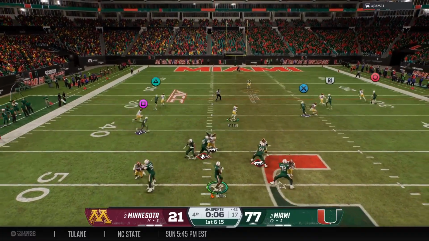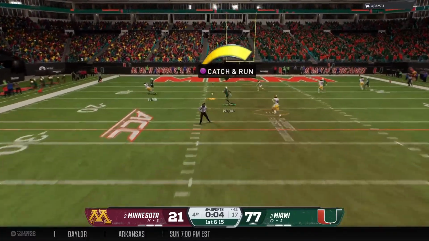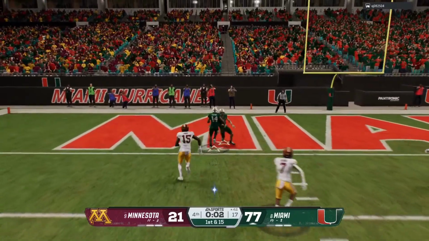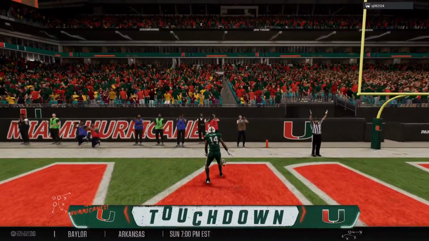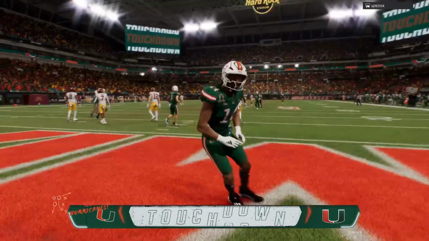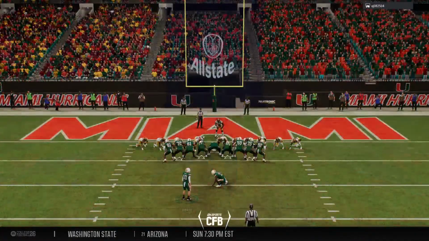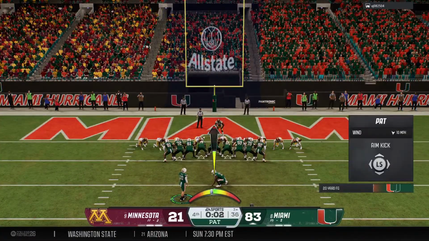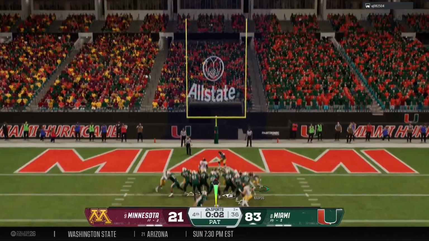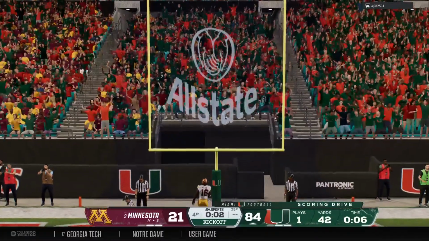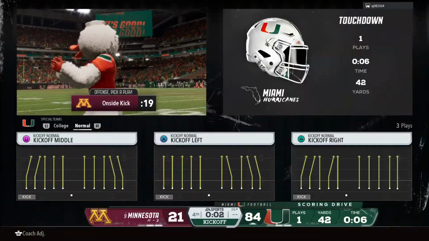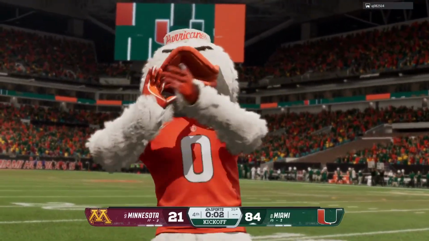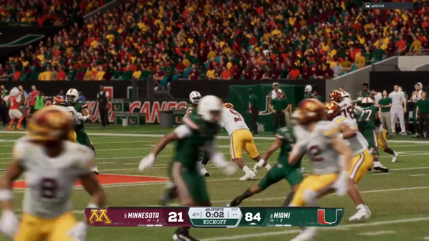Here's the snap. Quarterback looking to throw. It's a dart right down the middle. Pulls it in outside the 10 and still running. Touchdown, Canes. That's how you finish a play. So much speculation on whether or not they're going to kick a field goal or go for a touchdown. They put this ball into the end zone, and they put this game out of reach. What a job by this team and by this offense.